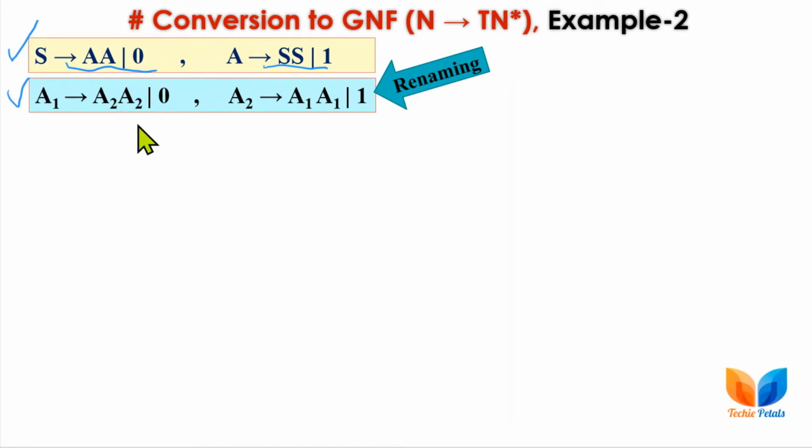So we have to consider A1 first. Corresponding to A1 we have this production rule: A2 A2. Just solve this question carefully once, and you will find it very easy. Here we have to substitute the right hand side of A2. As we have already discussed, substitution of right hand side means substituting all the production rules corresponding to that variable. A2 is here, and we have two rules for A2: one is A1 and one is 1.